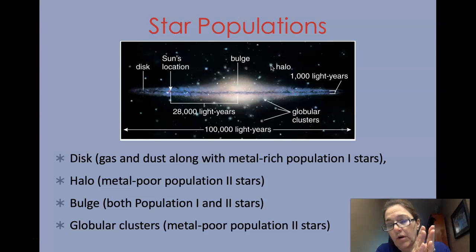The population 1 stars are younger and metal rich, second generation. The population 2 stars are older, metal poor, and population 1. So generation 1. Anyway,